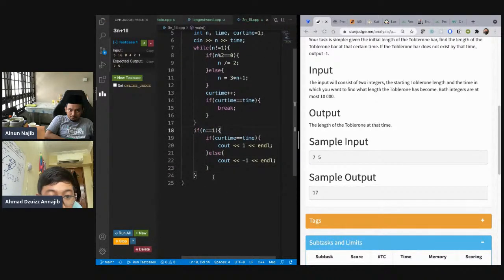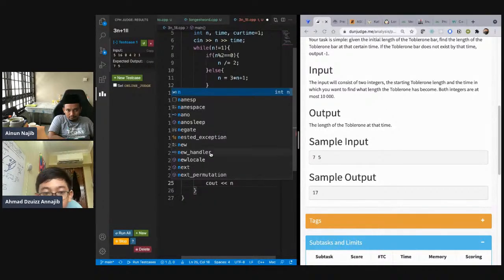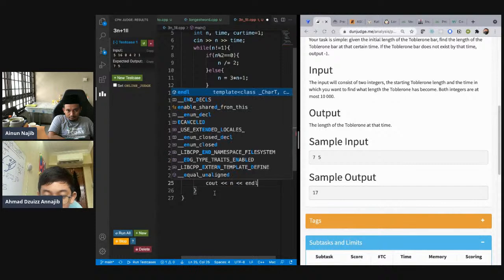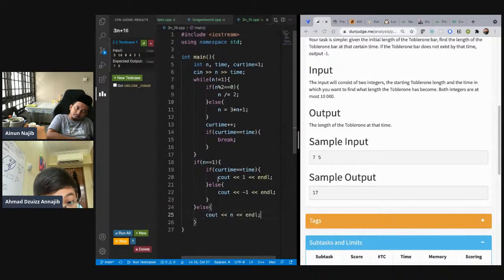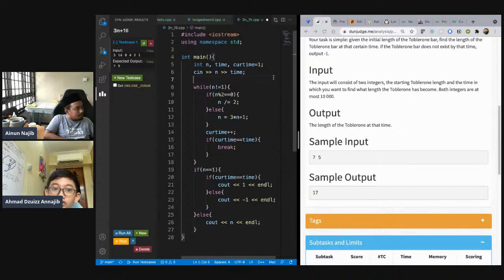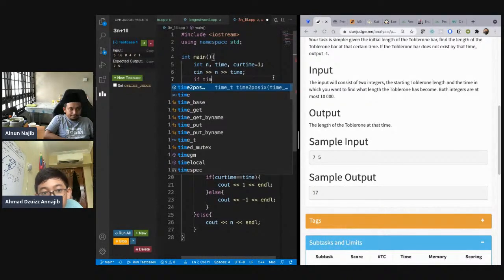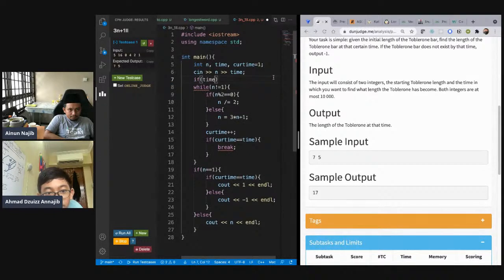But if it's not equal to 1, that means it's certainly else we out n. And then if time not equal 1,